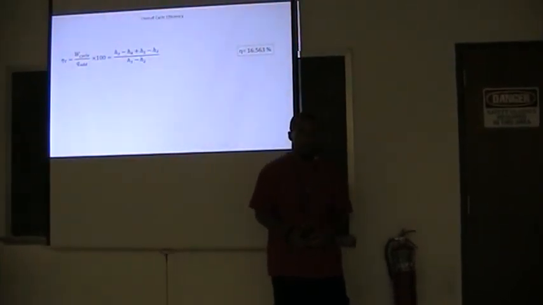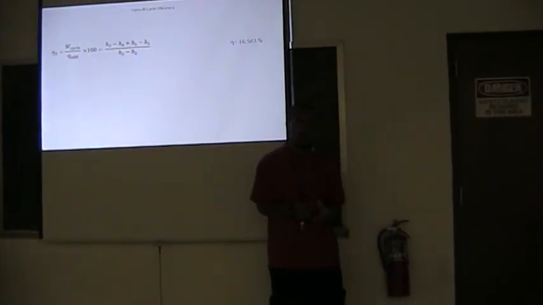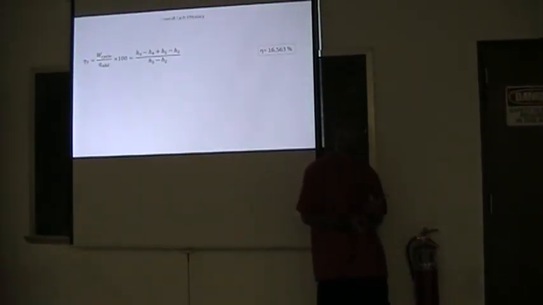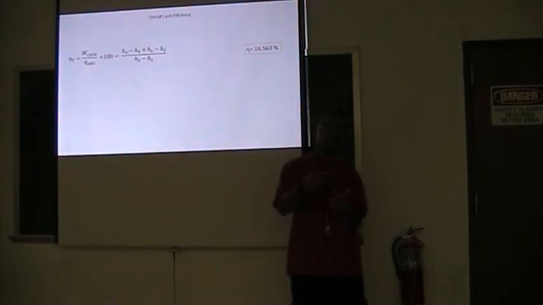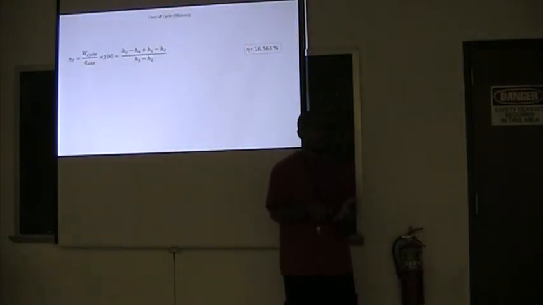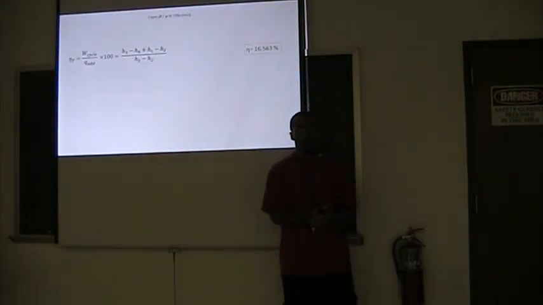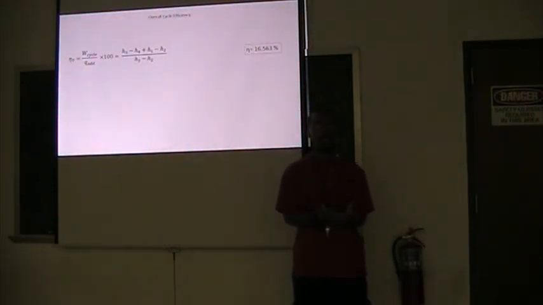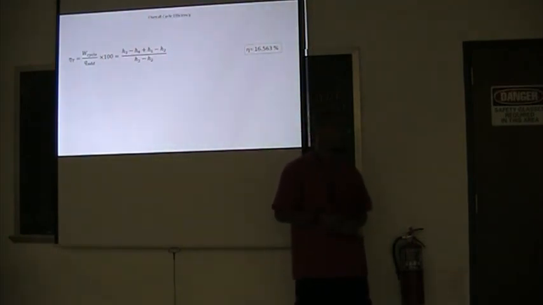Yes, so in the diagram, the points corresponding to the pump were point 1 and point 2. So I knew that the pressure at point 1 was equal to the pressure at point 4 because it did not change through the condenser. And it was a saturated liquid, so I knew the pressure, and I got an enthalpy value right there. And for point 2, I assumed the pressure to be the same as the pressure at point 3. And it wasn't a compressed liquid, so I assumed it again to be a saturated liquid. And I got the enthalpy value at that point. And that's how I got the work for the pump.